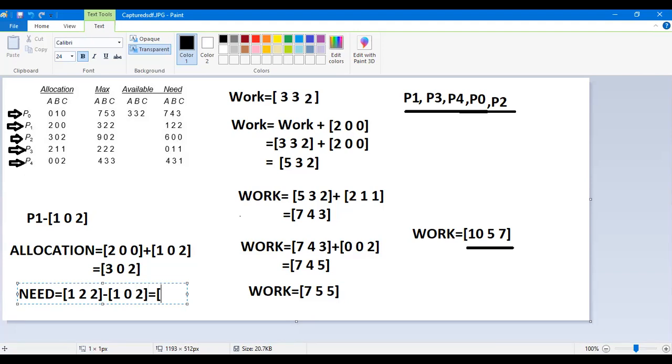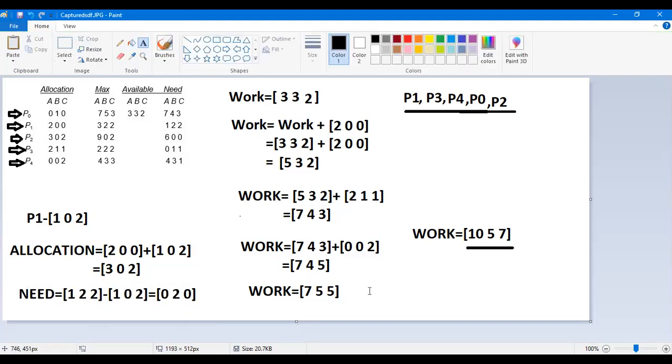Your final need value will be 0, 2, 0. Whose need? Process P1's need, because process P1 is requesting this resource and we are pretending to give to P1 only.